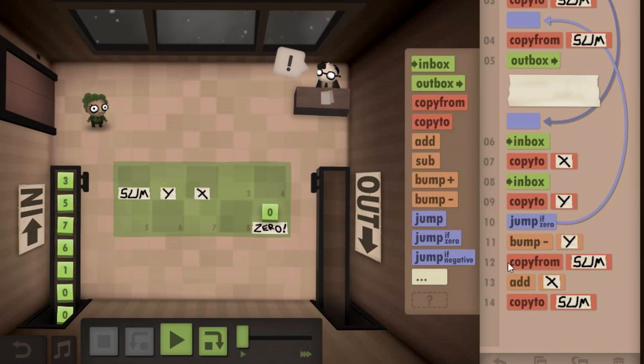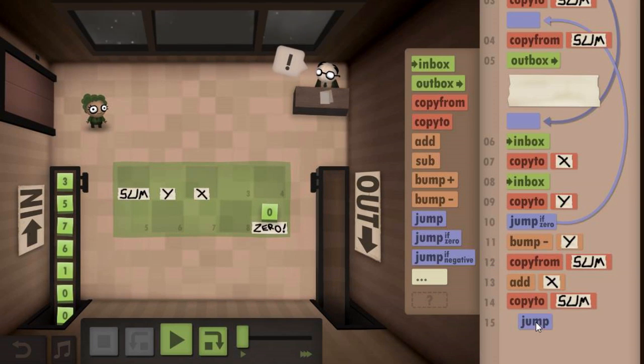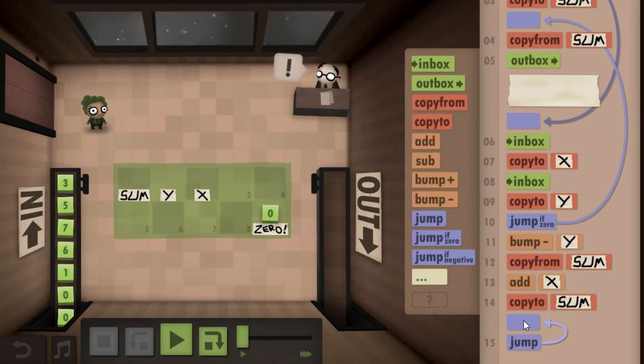Okay, so we will do this y times, and then we just need to jump up here,